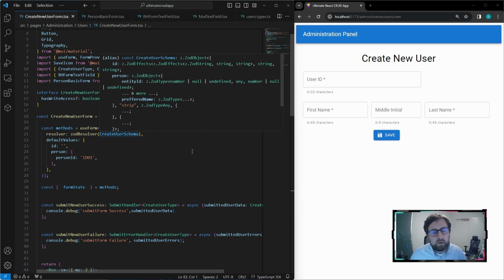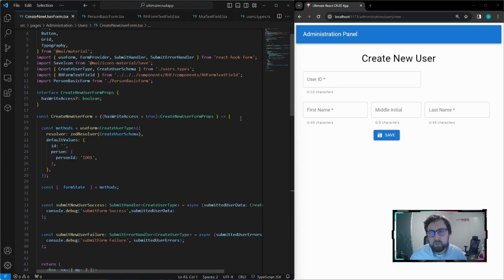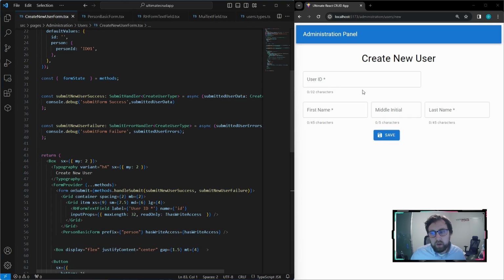Welcome everyone. So in this video we'll go over how to create a reusable text field using the React Hook Form and MUI libraries. This way you'll have an easy way to create new text fields that are consistent across the application. As you can see here, this is just one example of how we're using it,